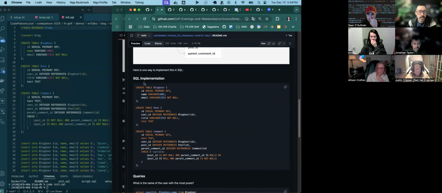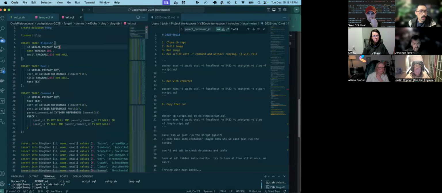And just like it shows inside of this example here and matching what we have in our schema, we want things like primary keys. We want things like references. Syntax is a little different, but here in our post table, we have a user ID that is referencing a blog user ID. So it should line up pretty closely with your schema design, just minor changes in syntax,